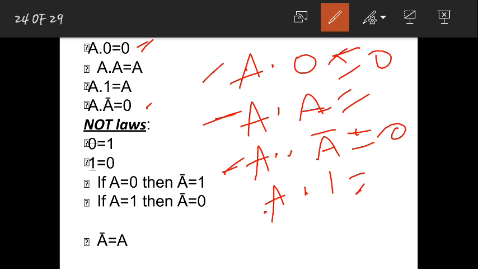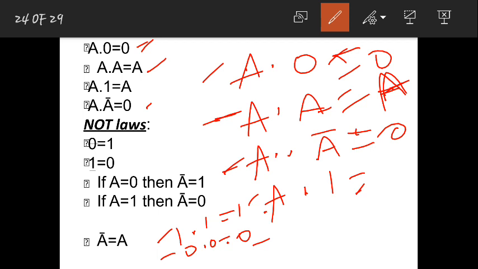For this you just consider A is equal to 1, so even here you will get 1, so the answer will be 1. If you consider 0 and 0, if A is equal to 0, then 0 and 0 you will get 0 itself. So you get the same thing, whatever you are trying, that same value will be the result. You considered 1, the answer was 1; you considered 0, then the result was 0. So even this is done.